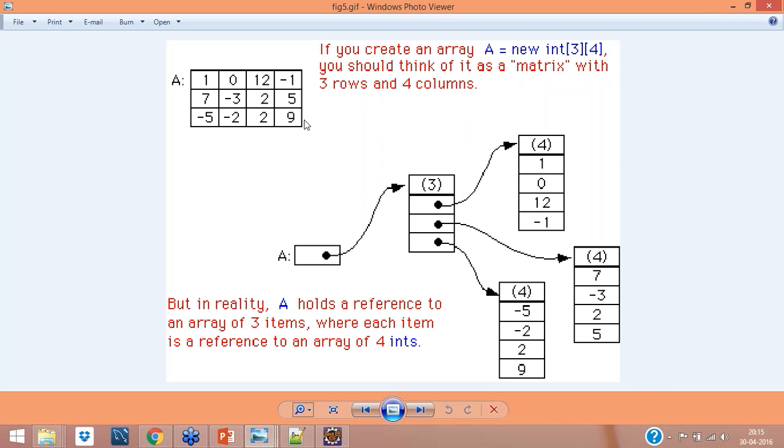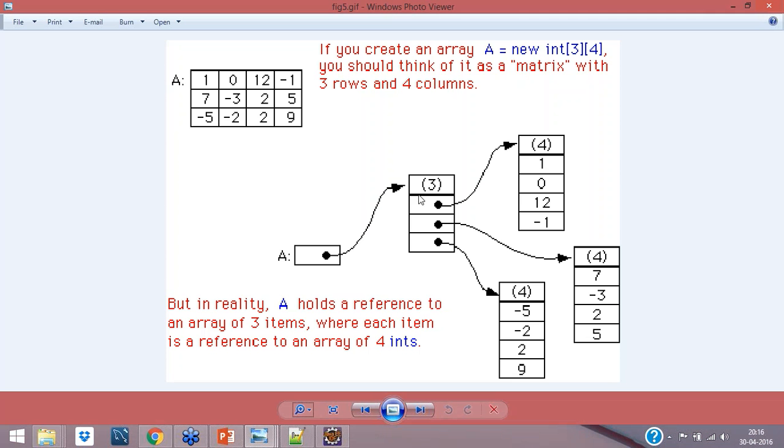So how do we maintain it in Java? Literally, we have this object as A. This A object is getting created here, and what will it refer? It will refer only to these 3 rows, and those 3 rows will get connected to all the respective columns.